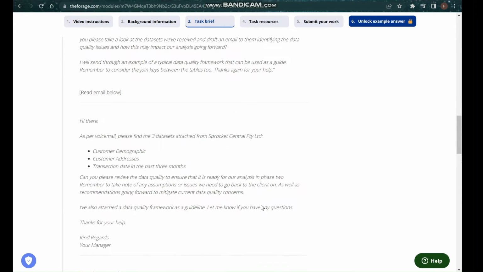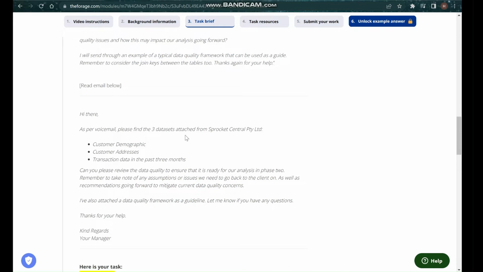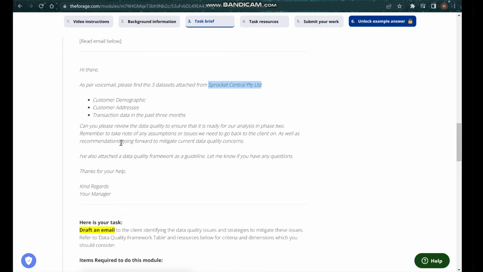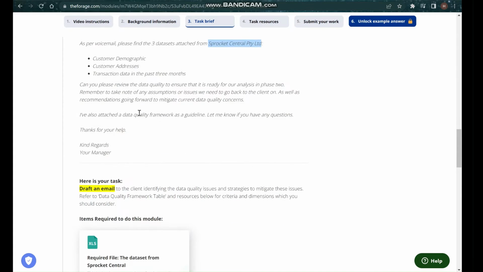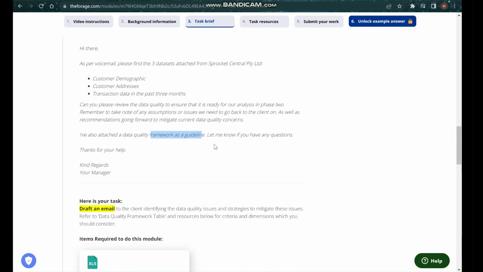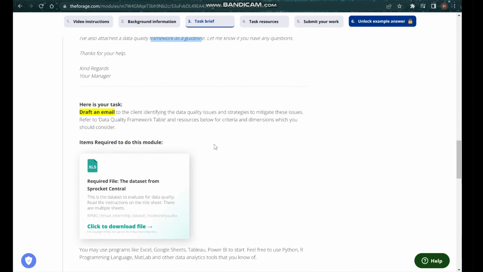As per the email, please find 3 datasets attached from this company, and can you please review the data quality to ensure that it is ready for analysis. Then what they are asking is to remember to take notes of any assumptions or issues we need to go back to the client on. Right now she says they have attached a framework as a guideline. So if we go down, this is